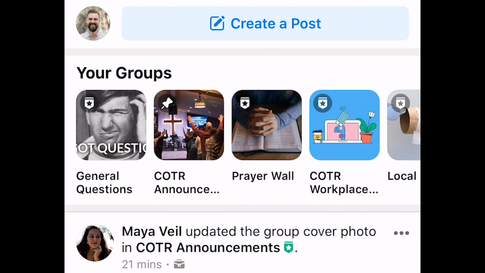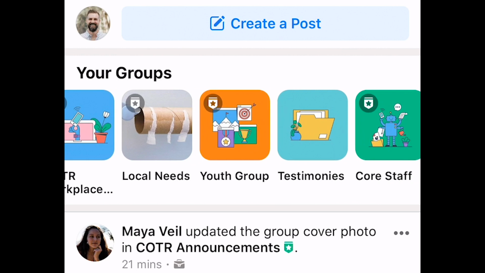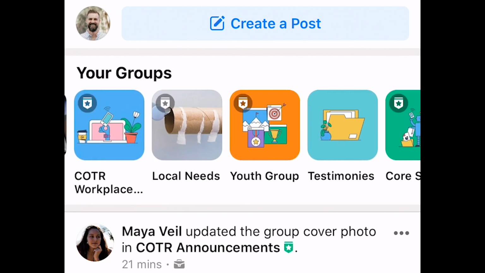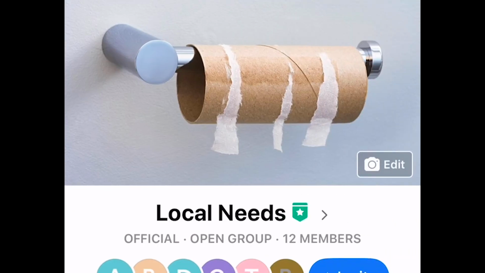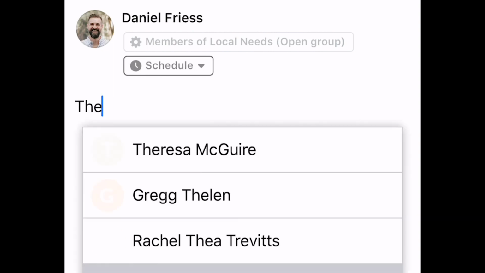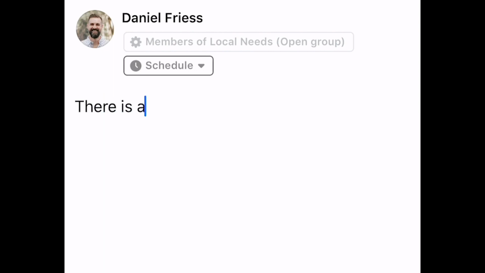Now, you don't have to be in every group. You only have to be a part of the groups that are applicable to you. Even if you're not in the group, some of them you can still go see what's going on in those groups. So let me just highlight a couple for you. Local needs. This here is a place where we as the body can submit a post anytime I know that there is a need. That's something that I can now make known for the rest of the community, and they can then go ahead and let us know if that's something that they can serve on.